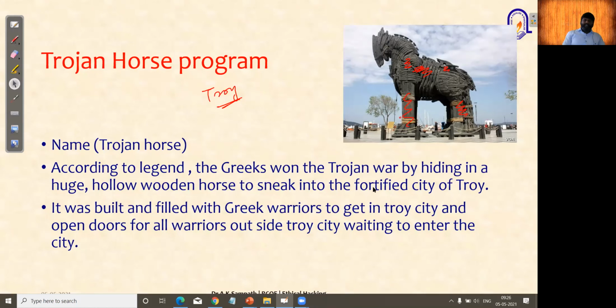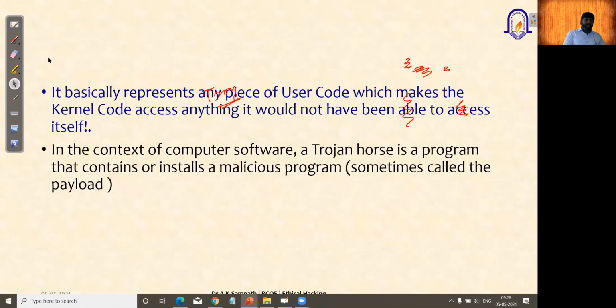Similarly, when we talk about the Trojan virus, it is a piece of user code which makes the kernel code access anything it would not have been able to access itself. So it is a program that contains or installs malicious programs.